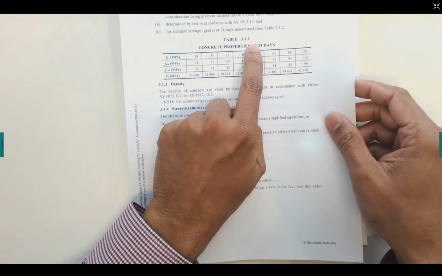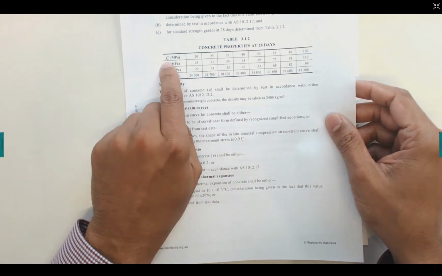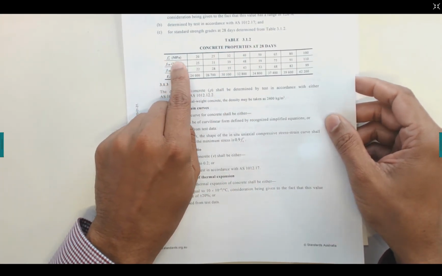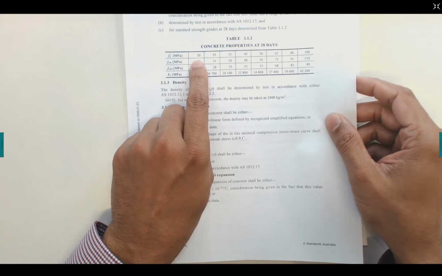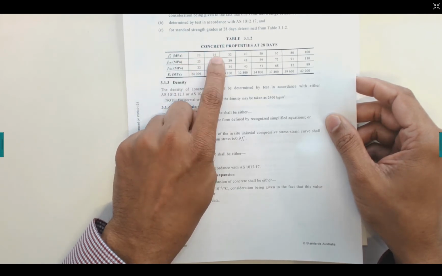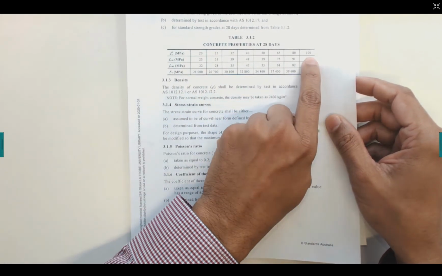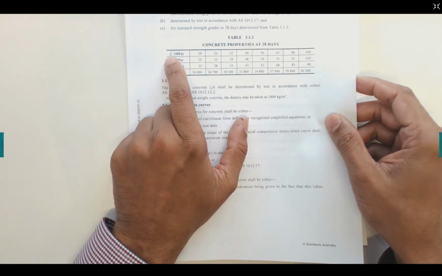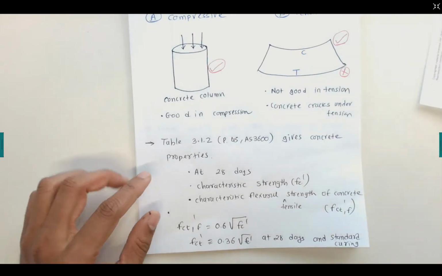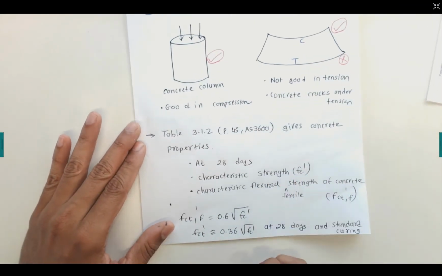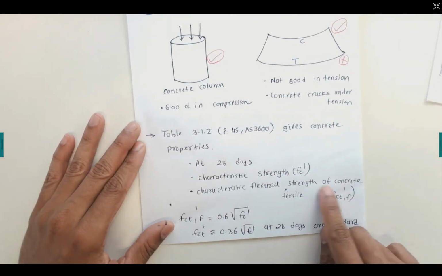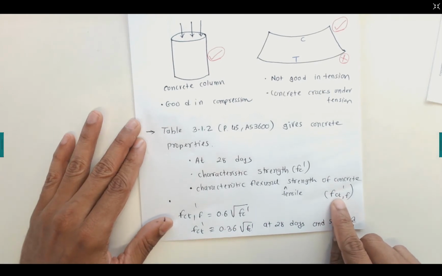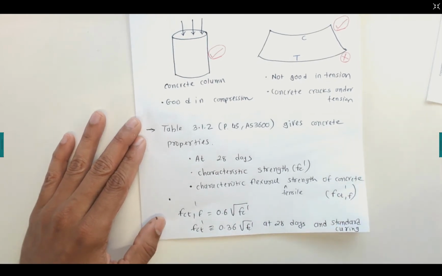We have a table 3.1. It has this characteristic strength of concrete at 20 megapascal, 25 megapascals, and so on up to 100 megapascal. So that is the compressive strength, which is called characteristic strength of the concrete. That is f'c. Now when we talk about the tensile strength, that is represented by f'ct.f, and that has an